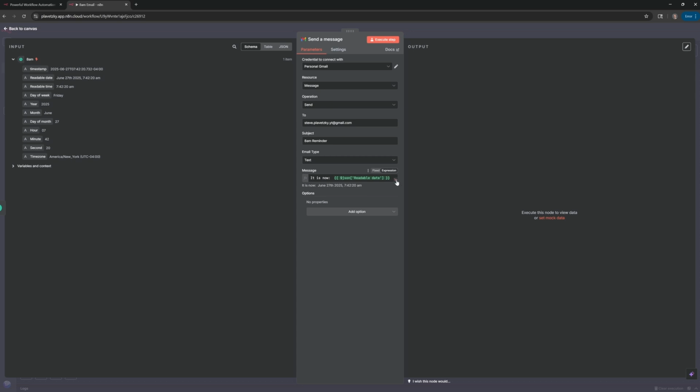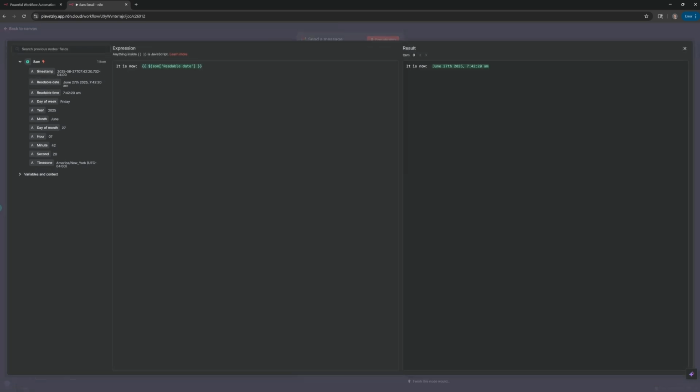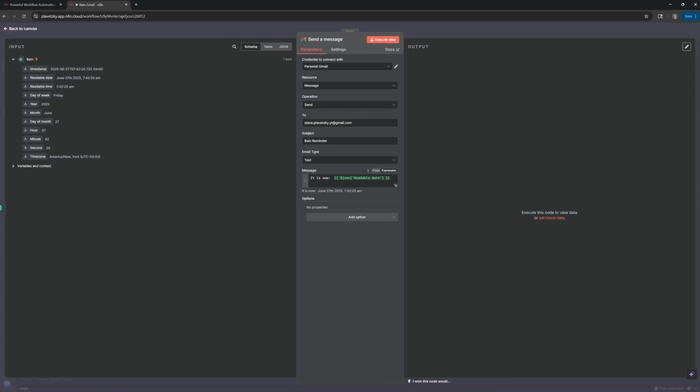And if you see this little button here, it'll allow you to expand it so that way you can actually see more of what you fill all this in. So if you're putting in an AI prompt or something like that, you have a lot more space to see it as opposed to just that little box. So if you ever see someone expand it like that, that's how they do it.